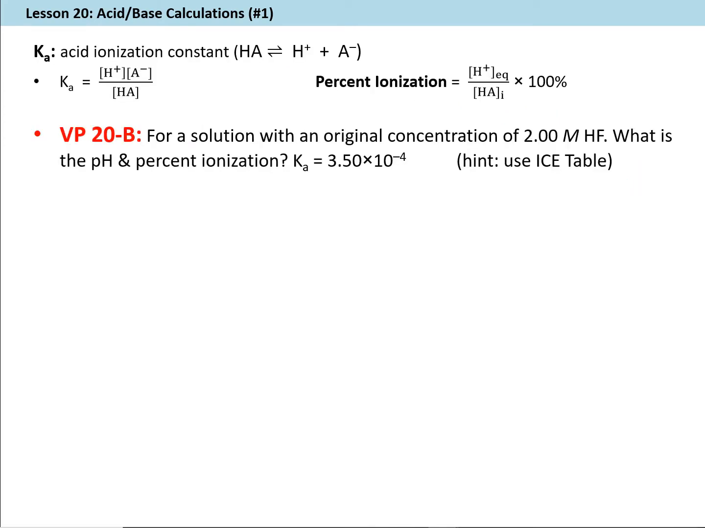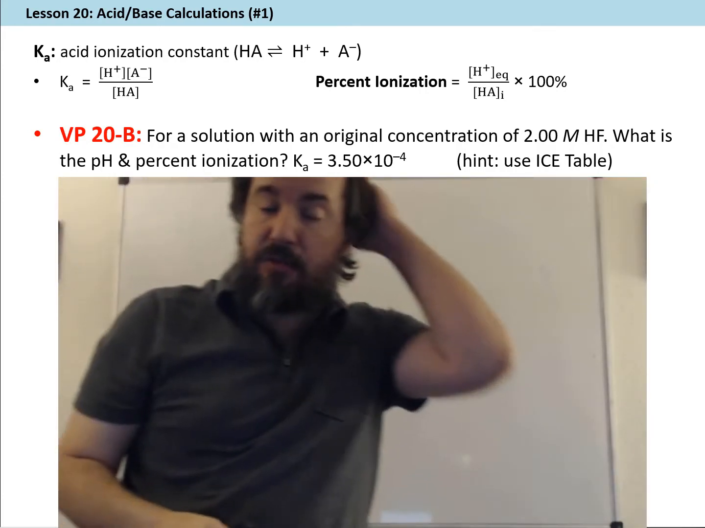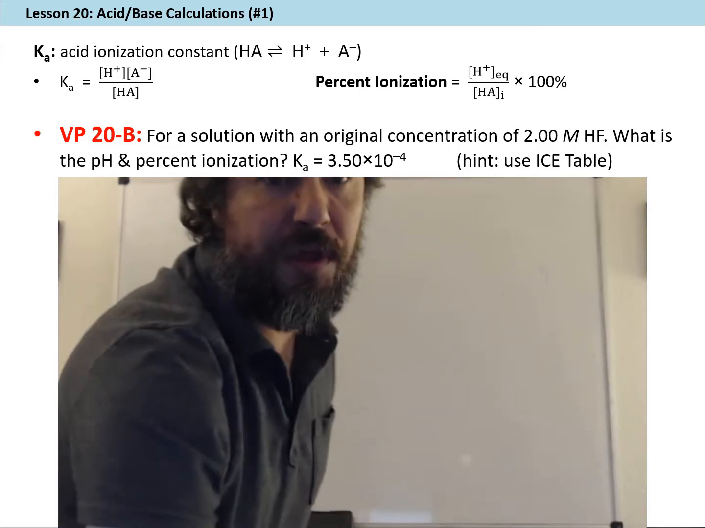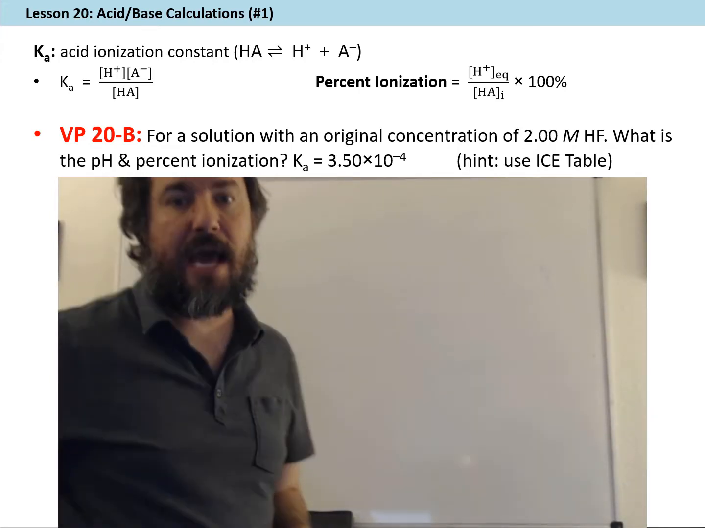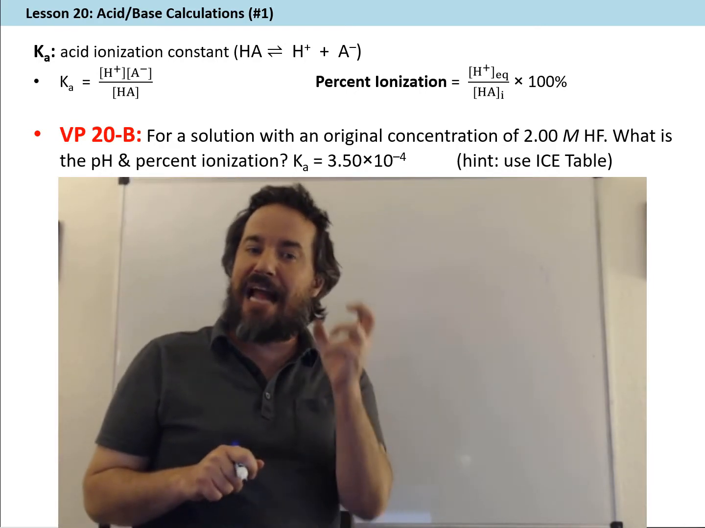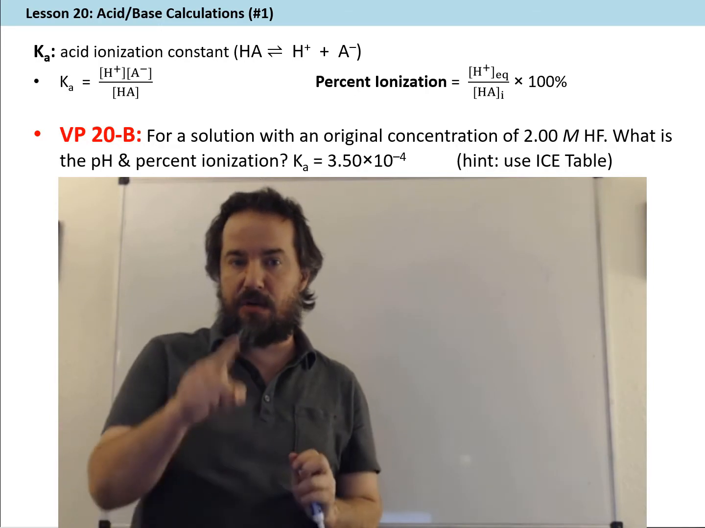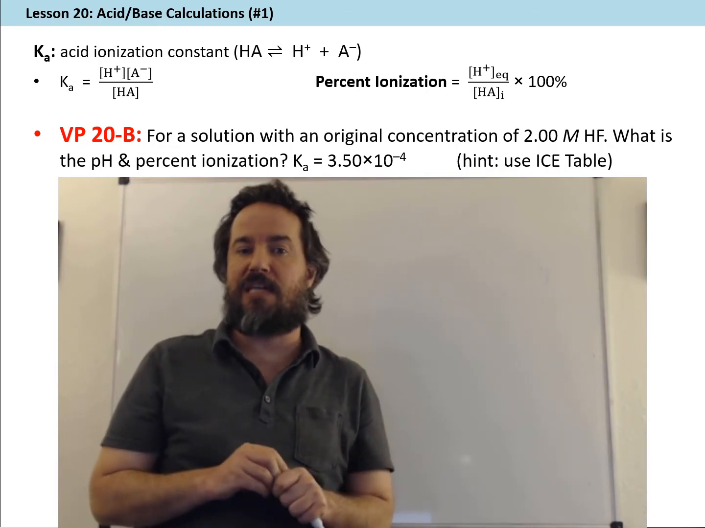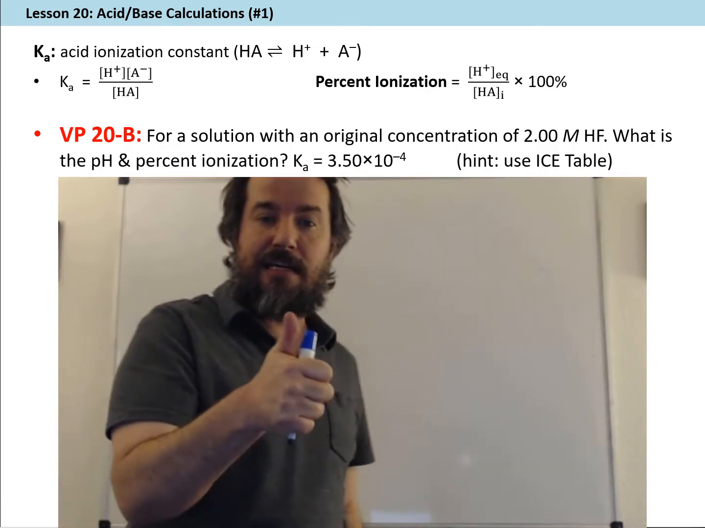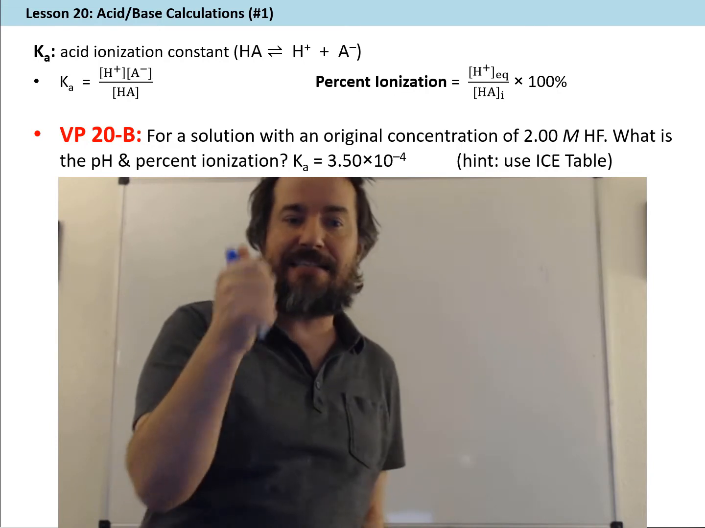All right, now let's move on to problem 20b. Now 20a was dealing with a strong base. Okay? Strong base, we know it dissociates fully. 20b deals with a weak acid. We know that HF is a weak acid because it has a very small Ka. Notice our Ka is 3.5 times 10 to the minus 4. So if HF is an acid because it has a Ka, and it's a weak acid because it has a small Ka,